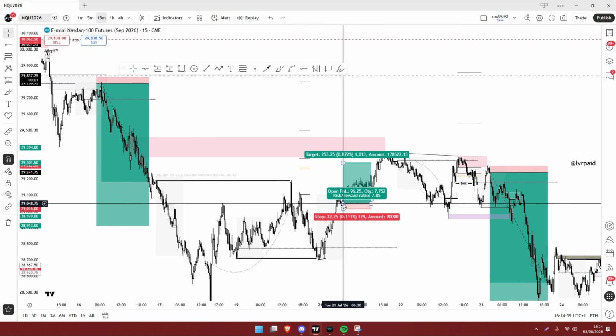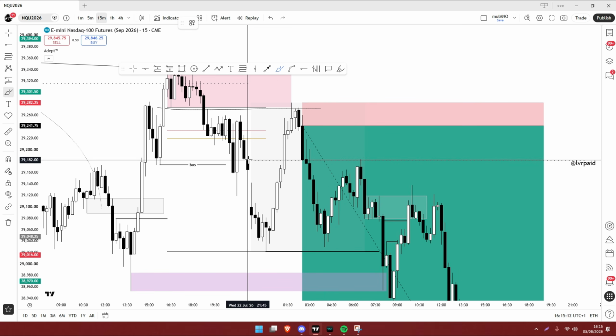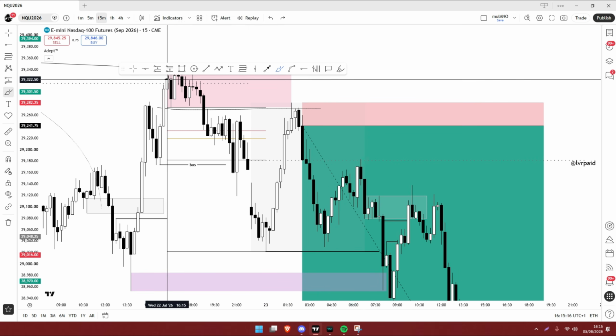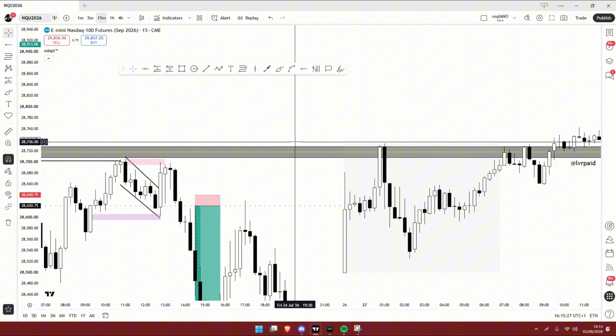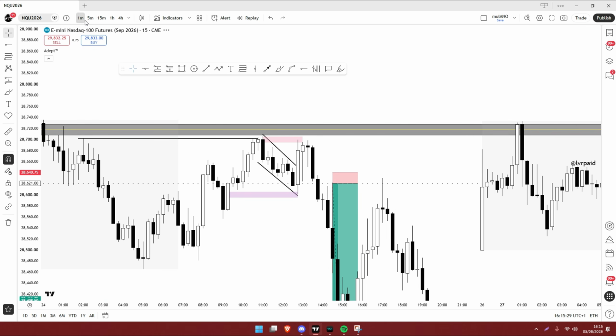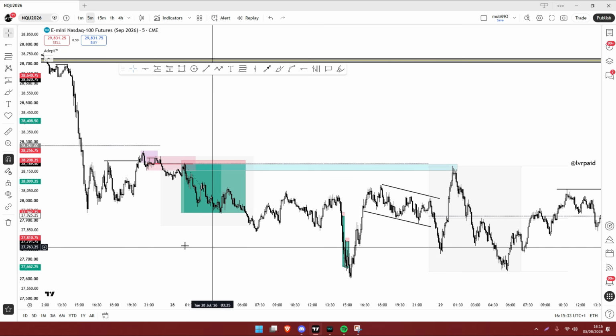This trade, it was basically a different model. That's perfectly fine. This trade, because I was already in from this PDRA from an M5 inducement, but however, as you can clearly see, the daily reset of that day gives you another entry, which is a top tick entry. And then moving on to our next trade, I'll go on to the 5-minute now